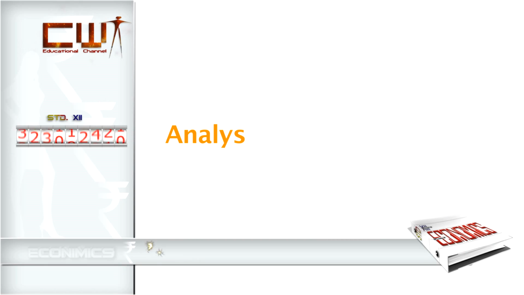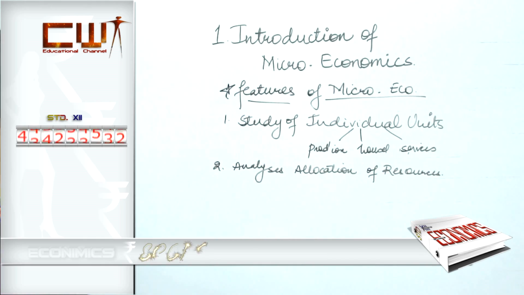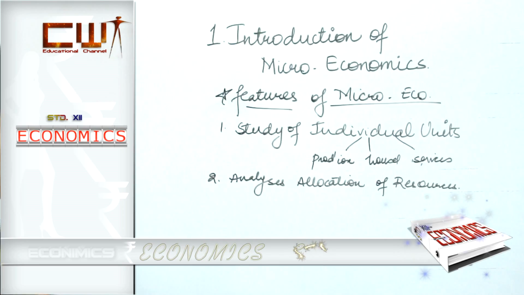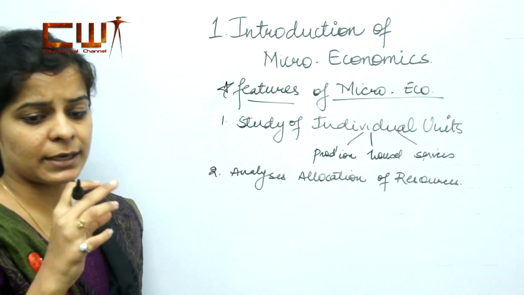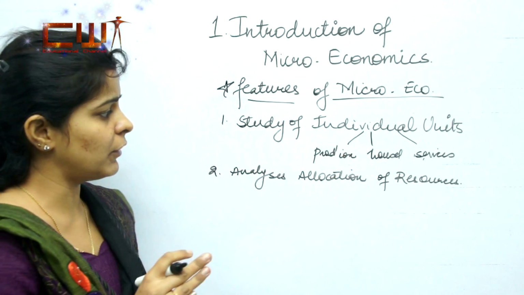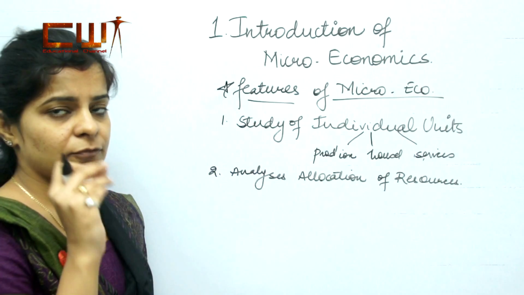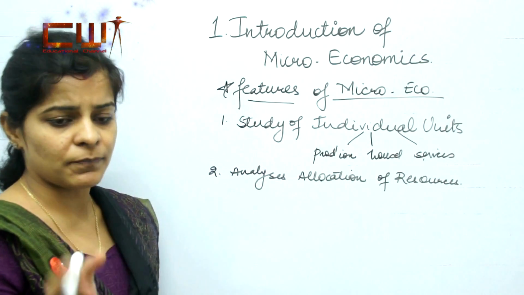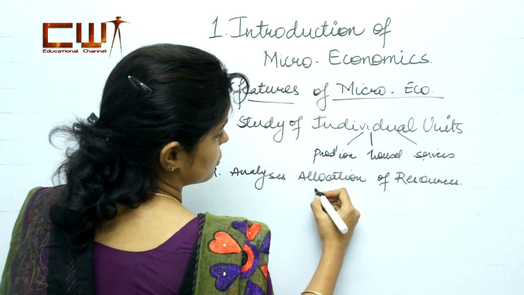Second is analyzes allocation of resources. What do you mean by allocation of resources? Allocation of resources means the different resources you have, government has allotted or the country's head has allotted different resources. It has resources, but you have to set which sector or which area requires maximum money from the other sector, right? So the different problems under allocation of resources is